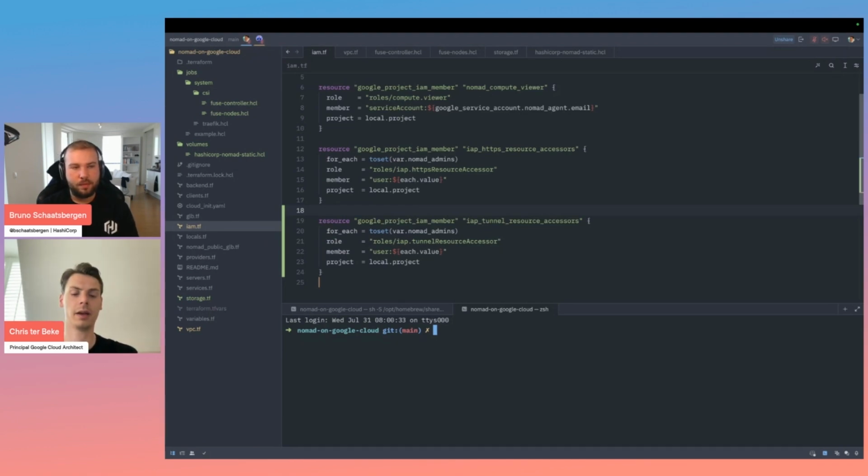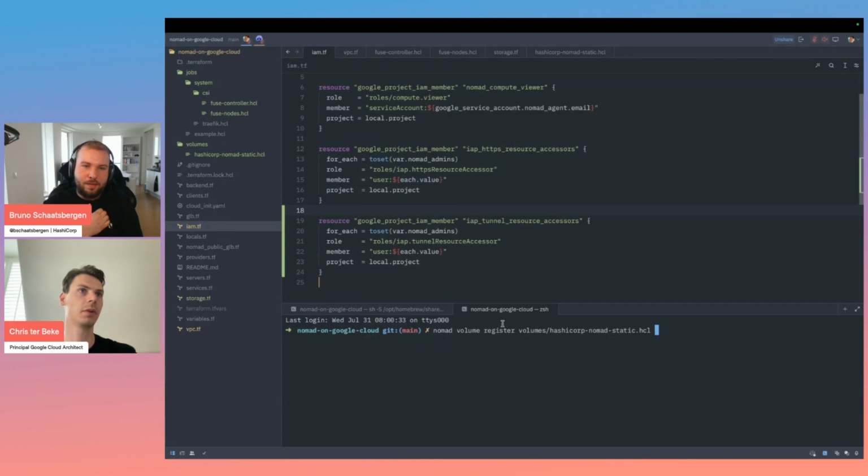And that would be a Nomad volume register. And that tells Nomad to register a volume that you've defined in an HCL file. And now we need to target the file that we created, and that would be volumes/HashiCorp nomad static.html, right? Yep. I think this is all we need. I hope so. I'm just thinking out loud whether it's gonna recognize the